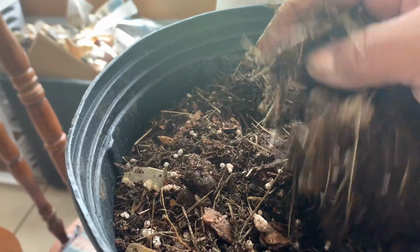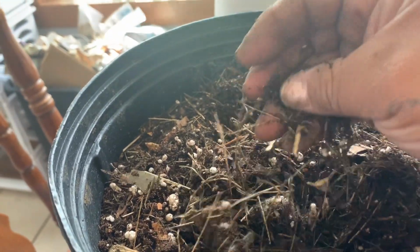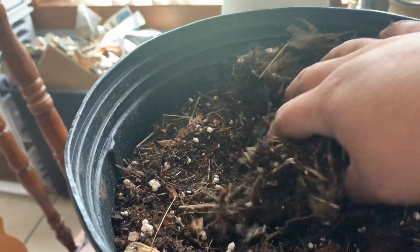So if you see my potting soil here, it's got a lot of different elements going on. I'm going to go with it, you guys. Hopefully it will all come up. Okay, you guys, so